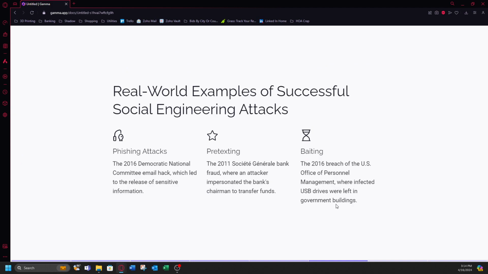So real world examples of successful social engineering attacks: the 2016 Democratic National Committee email hack, which led to the release of sensitive information. Hacking email is super popular because it's not really difficult to do. Social engineering is a way to do it. Phishing specifically, where you send someone an email saying, "I'm your boss, I need this information," or they send you an email that has a link in it that's questionable, but because it appears to come from your boss, then you click on the link and it asks you for your password, and a lot of people